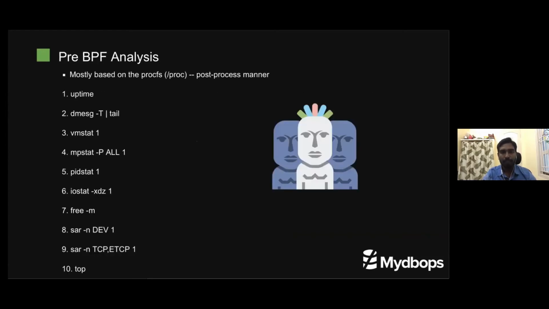Everyone has systems to run. Prior to eBPF, whenever there is a performance issue, we log into the system and run uptime, dmesg, vmstat. These are some of the commands we use to monitor the system, and they are still valid in our day-to-day production life. But this is based on the proc file system for each process ID that is created. Basically the proc file system is post-process, that means once your resource usage is completed, you come to know what the usage was. It is a kind of post-mortem report.